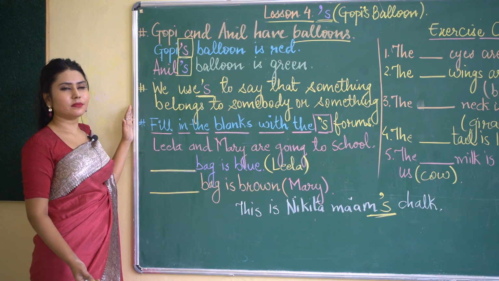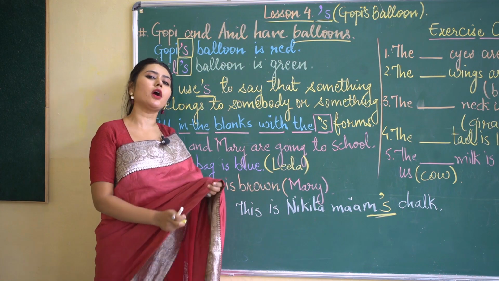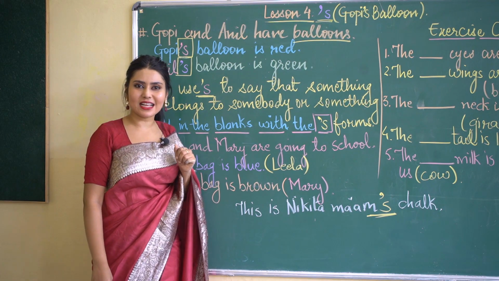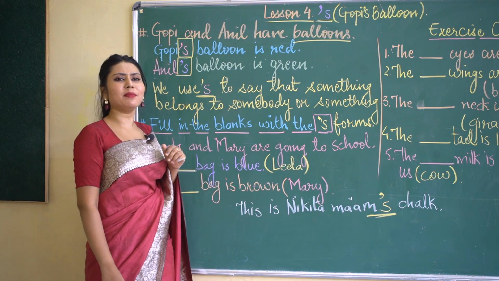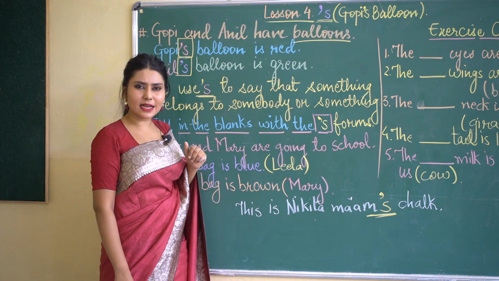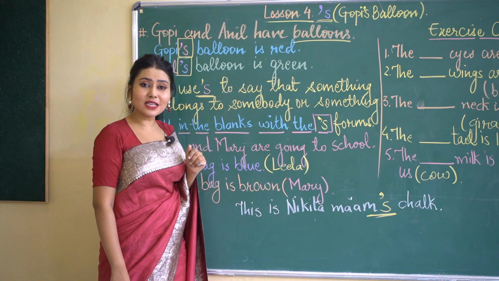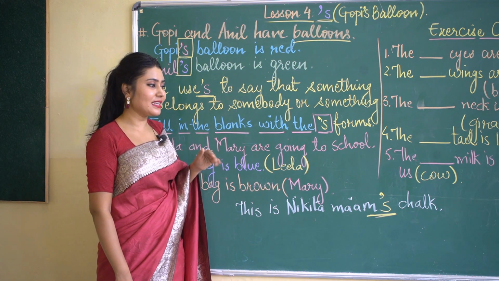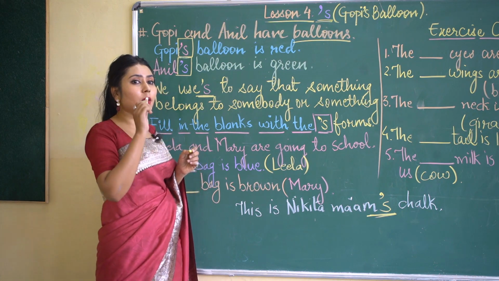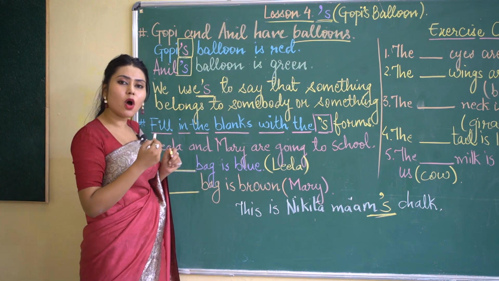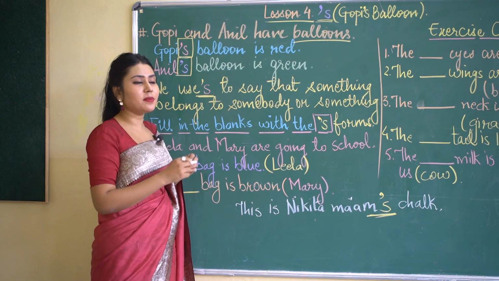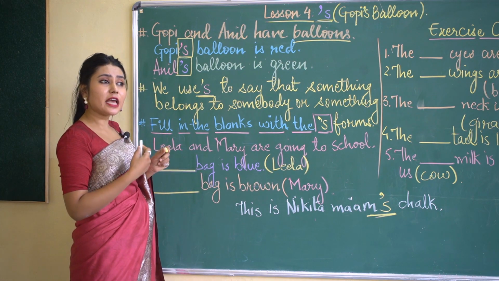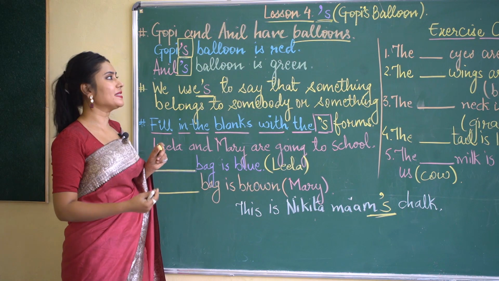Like, imagine yourself being in the class, and you all are my students, right? And if somebody has come first in class, in our class obviously, anybody would ask, who is that girl, who is that boy who stood first in class? So anybody would say, oh, that's Nikita ma'am's child or that's Nikita ma'am's student. So what is that apostrophe S? That tells me that the child belongs to Nikita ma'am's class. That girl belongs to Nikita ma'am's class. So whenever you have to explain regarding the belongingness of something, of someone, you always have to apply an apostrophe S.